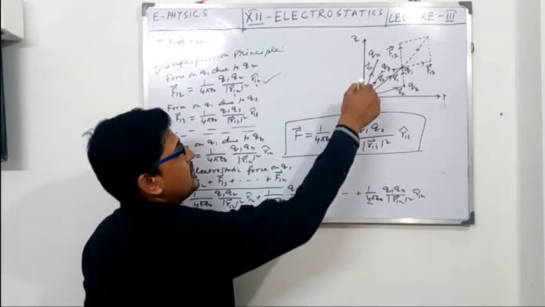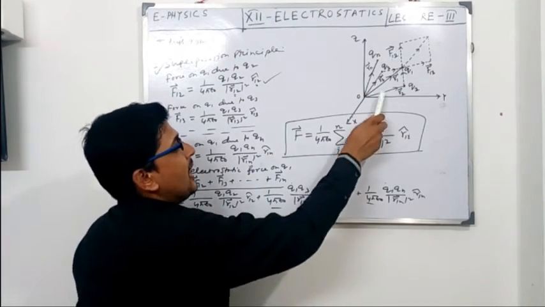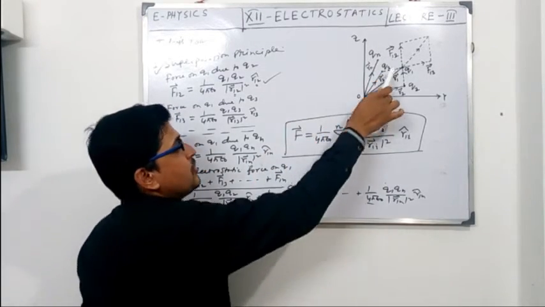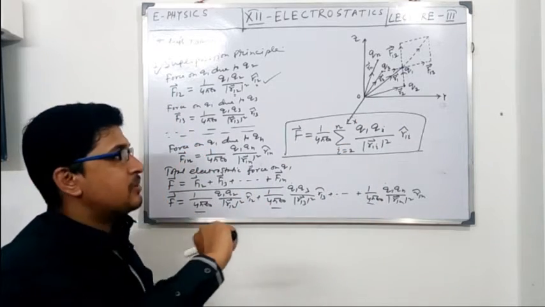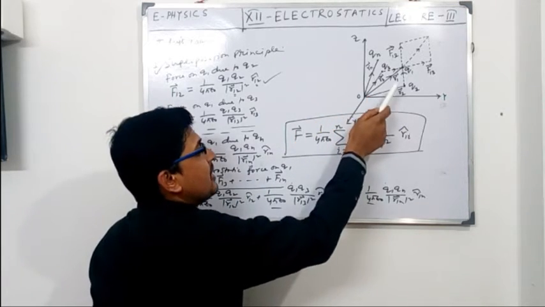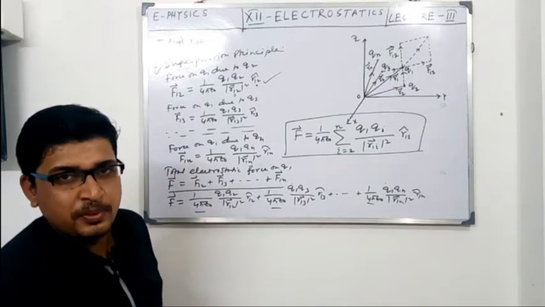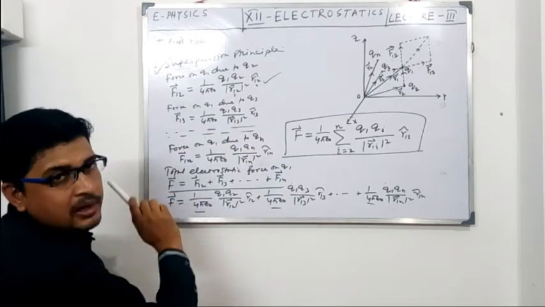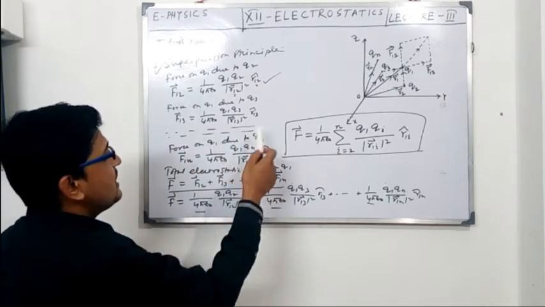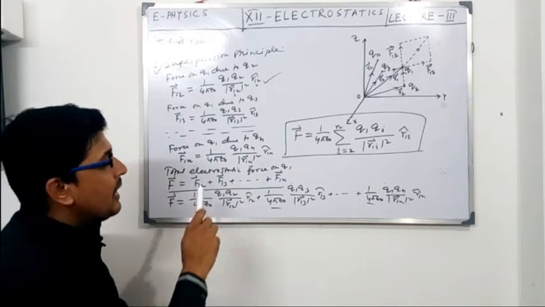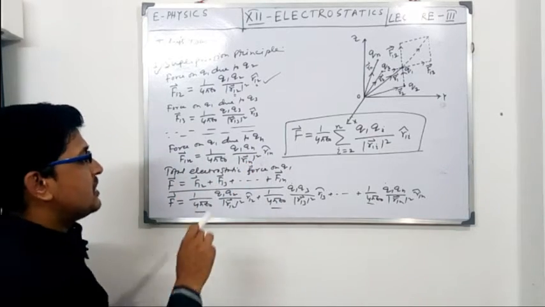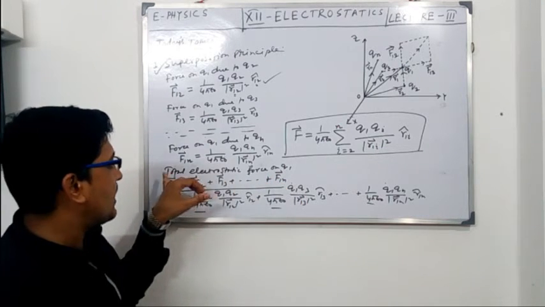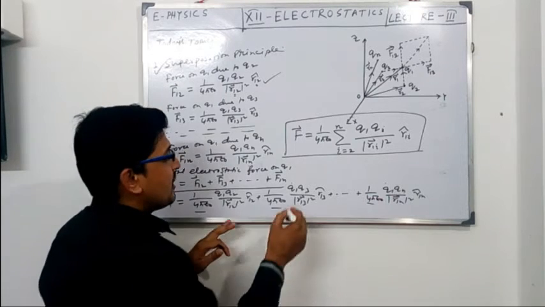First we take a Cartesian coordinate system and we place n number of charge particles in this region, and the position vectors of these charge particles with respect to the origin are R1, R2, R3 and Rn respectively. Now the force on Q1 due to Q2 is represented by this expression. Force on Q1 this, and force on Qn this, and the superposition principle states that the total electrostatic force,